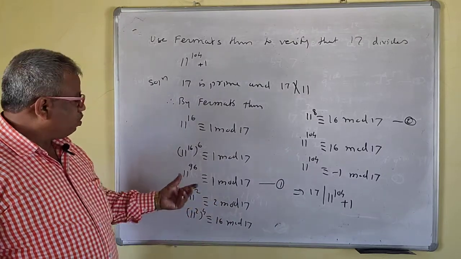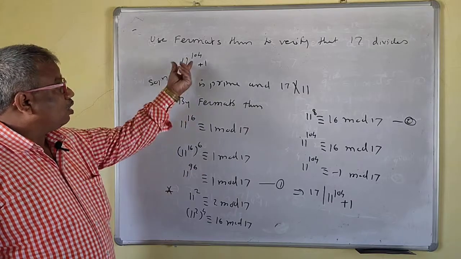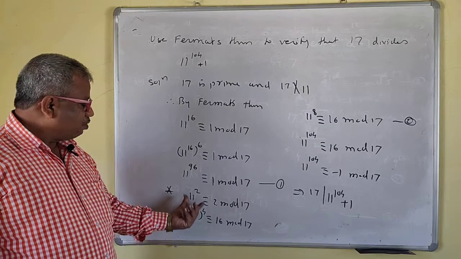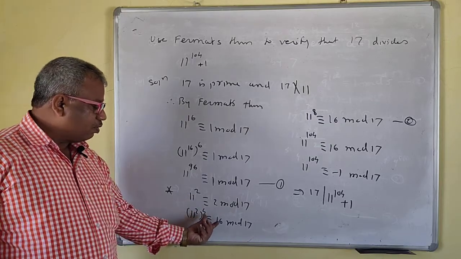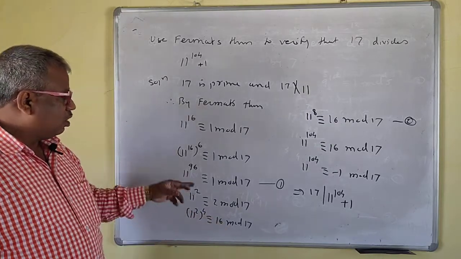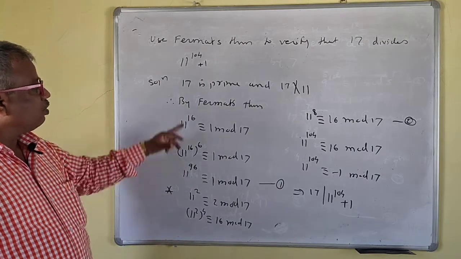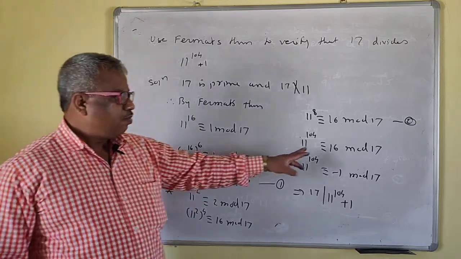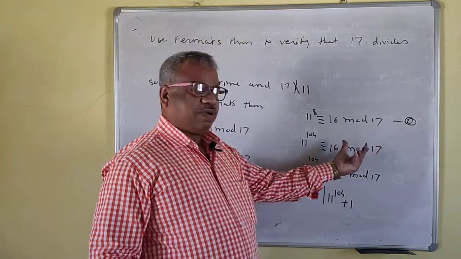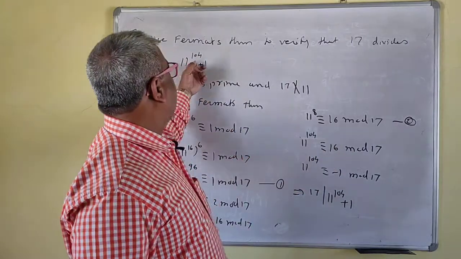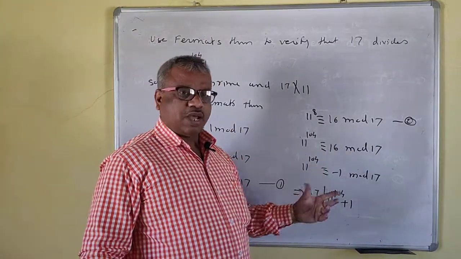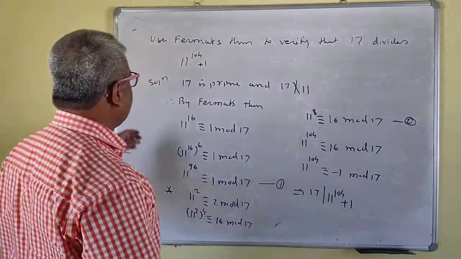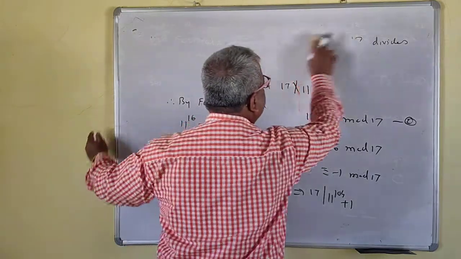And now what here? So 96 power there. You want 104. So there should be 8 now. So you have to take the fourth power, so that we will get here 8 now. So you have to take the power of this, which is 16 also. Then you have to take the product of these two, so that we get 11 to the power 104, right? But 16 is nothing but minus 1, right? Because we want to prove this, therefore we have written 16 as minus 1. If 15 is there, then you can write here minus 2, right? Okay, so I hope that you understand this one.